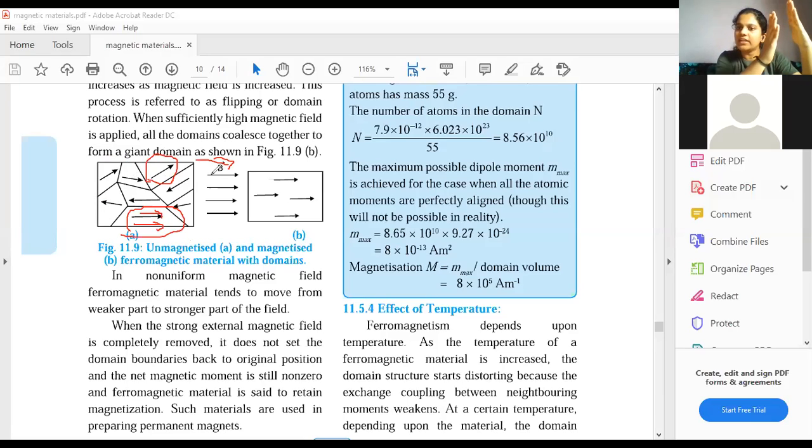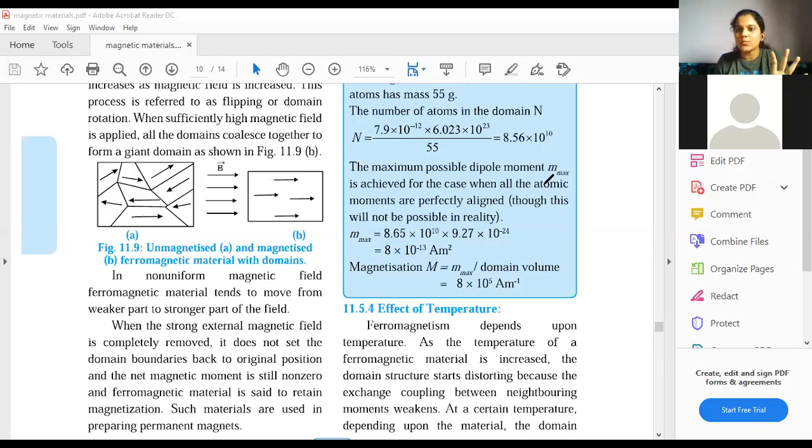So when they are already in one direction, aligning them to another direction becomes easy as compared to a paramagnetic material. Because students, in a paramagnetic material, everything is random here and there. But that is not the case in ferromagnetic. In ferromagnetic, there are sections called domains, and inside the domain, all the atoms have their dipole moment in the same direction. It is a little difficult to understand from here because they have shown only one arrow. Think of it that there are multiple arrows over here in the same direction, so you will understand that there are multiple atoms all having dipole moment in the same direction inside this domain.